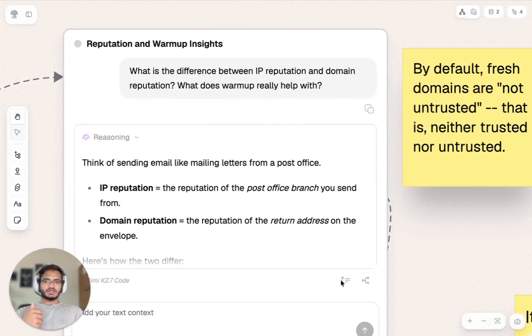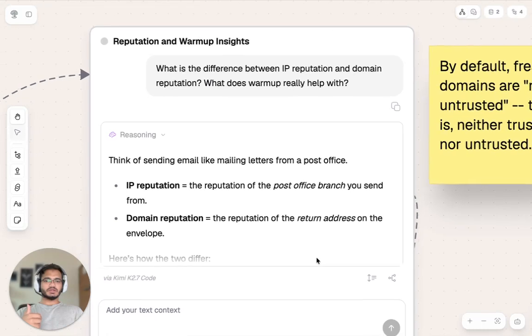So you have to get more precise about what you're really trying to improve when you're trying to warm up. Let's say you buy a dedicated server from which you want to send your emails. This is usually what happens when you buy your own SMTP server or a dedicated IP, that you start from an IP that is also not untrusted. And then you have domains that are also not untrusted. In this case, the majority of your time is going to go into building up the reputation of the IP first, because the IP is the vehicle through which you're going to be sending through different domains. And then you are going to be building the reputation of each of those domains.